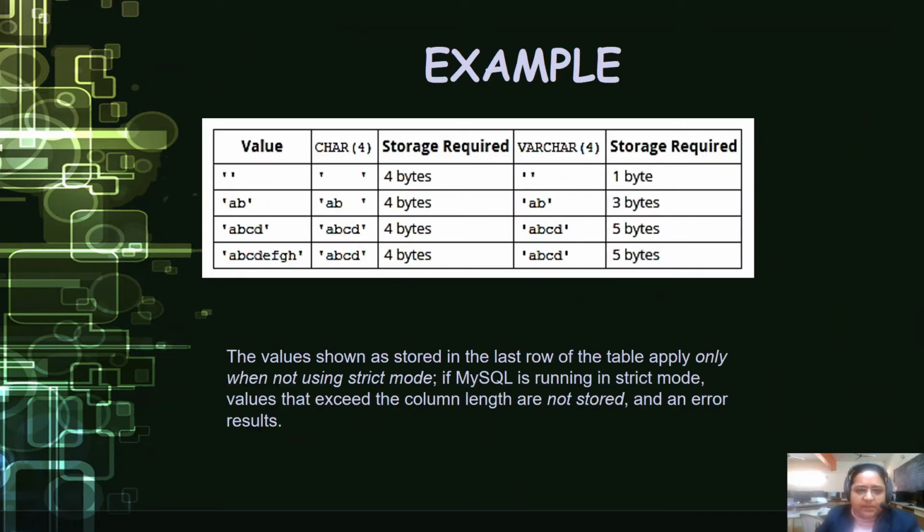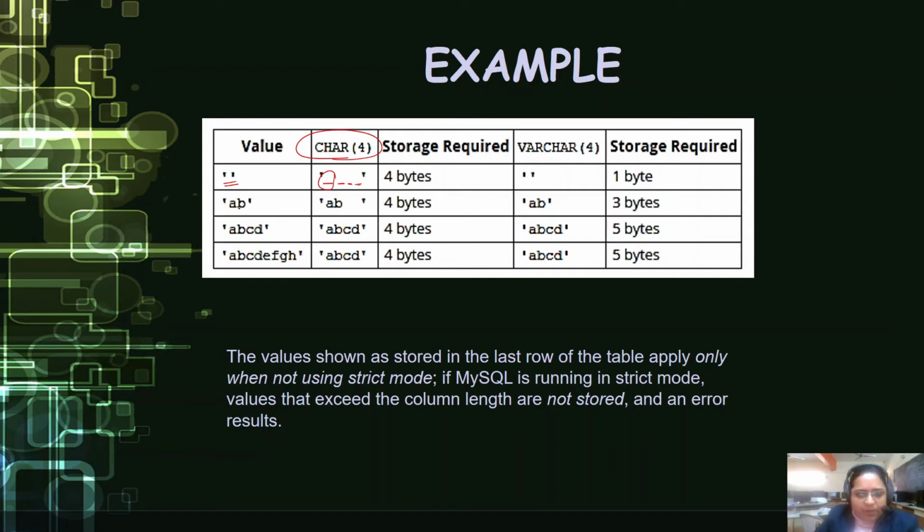We can understand this by this example here. You can see the maximum length specified is 4, that is 4 characters, and the value we are taking is, sorry, not an empty string, but one single white space character. Because we have used char, one space will be used for storing the white space character and the rest will be filled with white space again, so this part will be wasted.